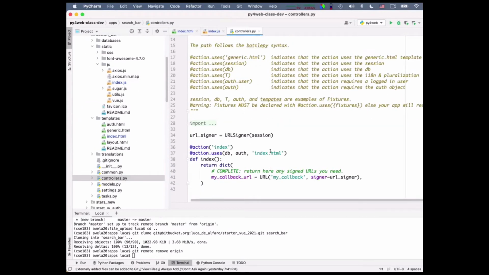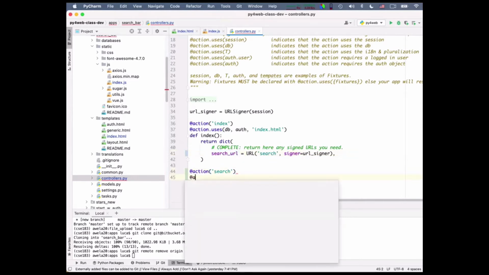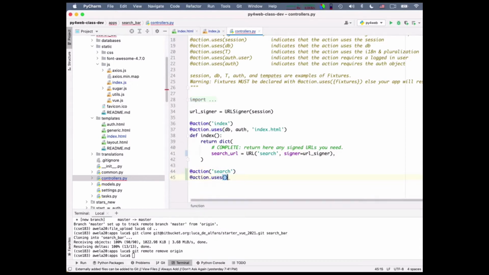Okay, here. Action search. Okay, so this I want to be search, and this I want to be search URL. So action search, action.uses, and I don't say what it uses. Okay, and what do I want to do? So I want to mock it, right?